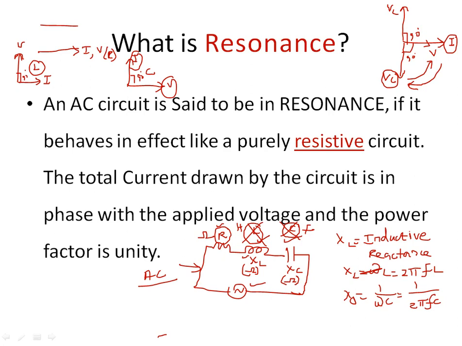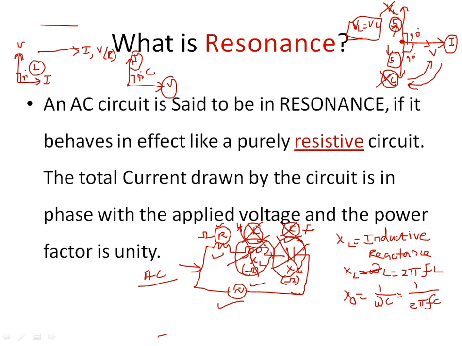Now VL should be equal to VC. Suppose you assume this condition. You are standing here, and 5 persons are pulling in the upward direction. The same strength pulls in the downward direction. What is the condition of you? You will be in equilibrium, a stable position. You will not go upward or downward. So the effect of inductance will be cancelled by the effect of capacitance. At this condition only, the effect of inductance is cancelled by the effect of capacitance. Now look at the circuit, a circuit which has only the source as well as resistance.